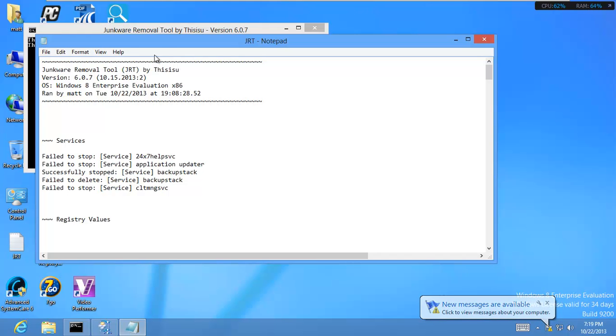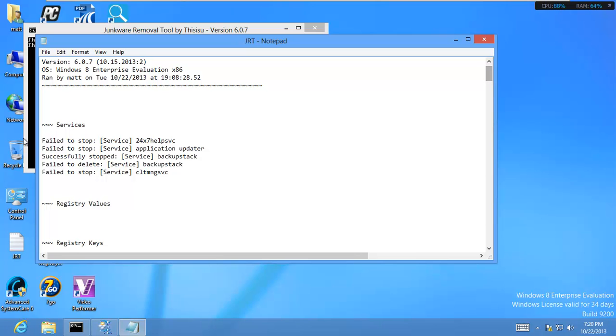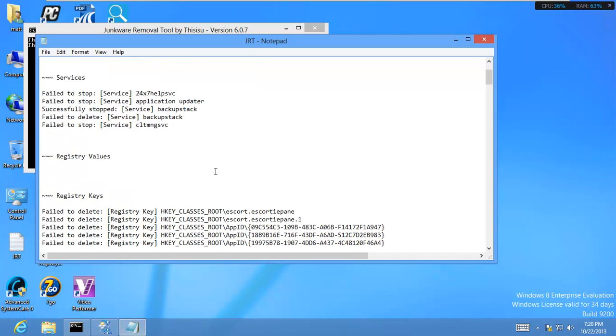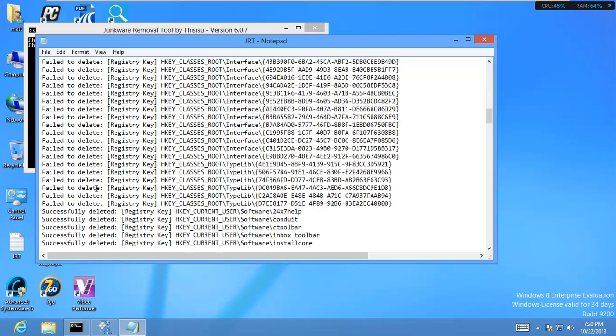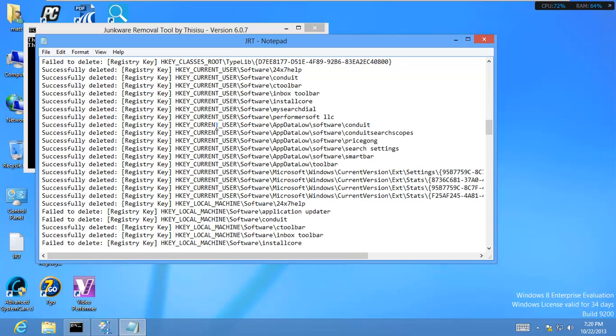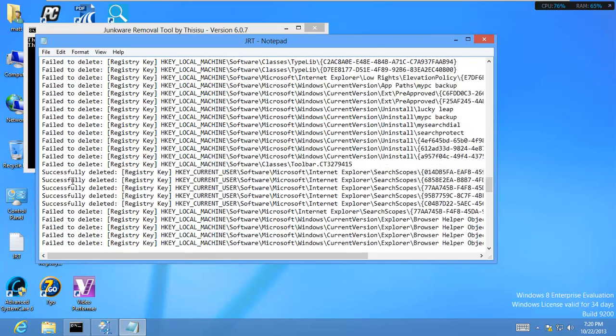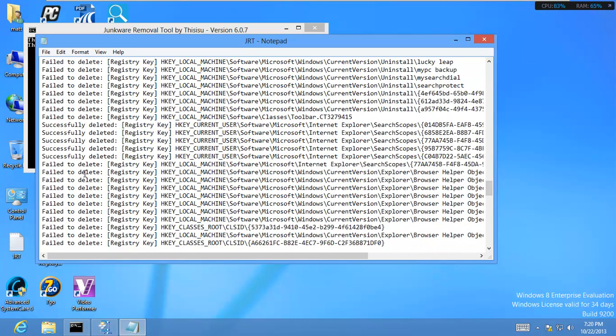Okay, so as you can see here, this log pops up, and it gives you a little detailed thing of what it did. So, it's a log. Anyway, it says services, failed to stop this, successfully stopped that. So it's got some issues. It failed to delete this registry key. It deletes this bunch of registry keys here, and what I have to do with this thing usually is run it twice. So we'll go ahead and close that log,